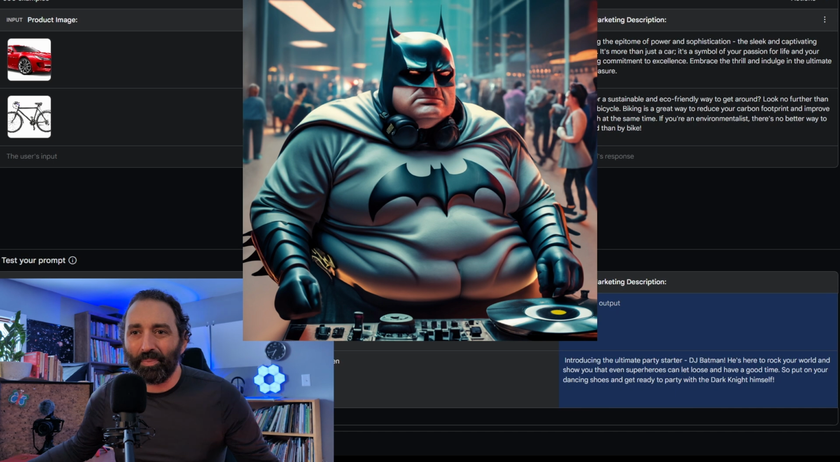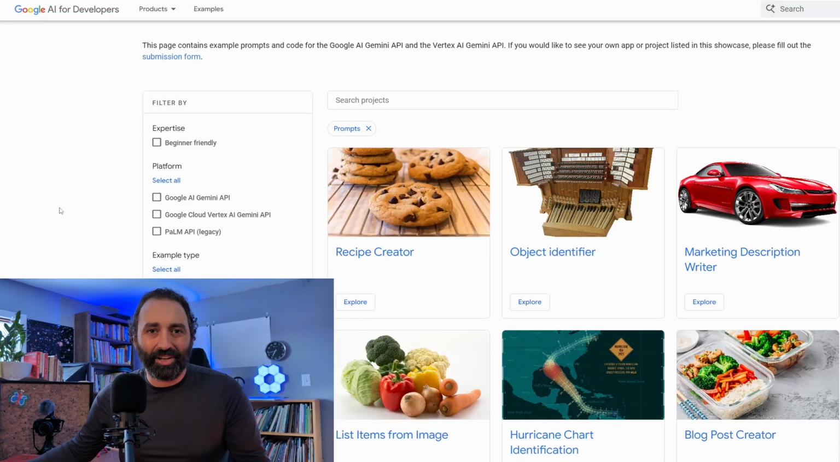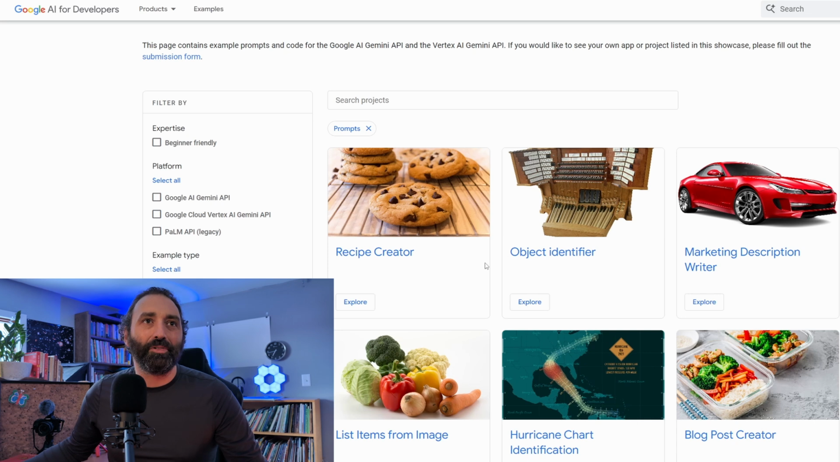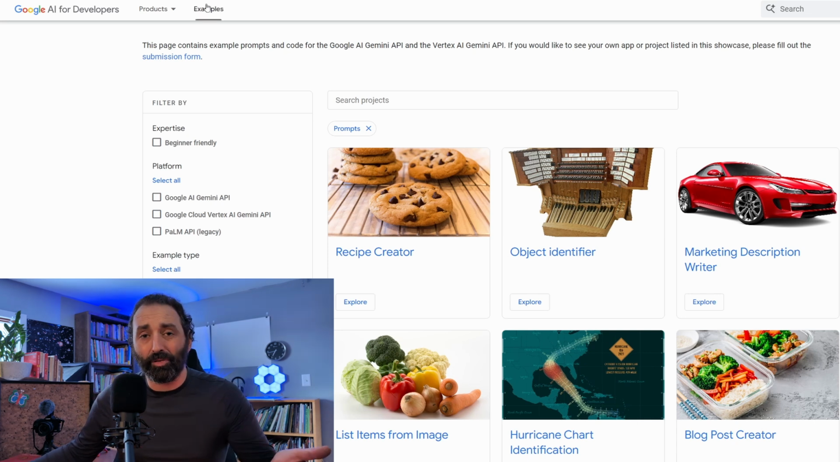Introducing the ultimate party starter, DJ Batman. But obviously, there's a lot more utility here than playing with fun Batman pictures. But this is another way to use the structured prompt, which could really facilitate a lot of different work processes. That's just a quick dive into Google